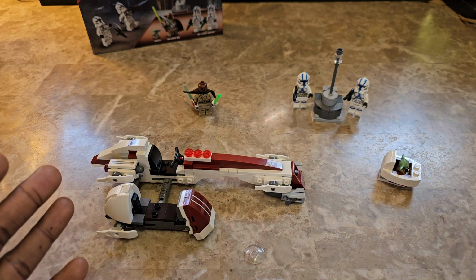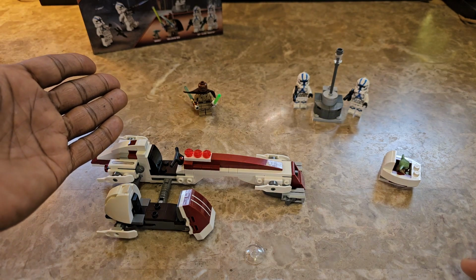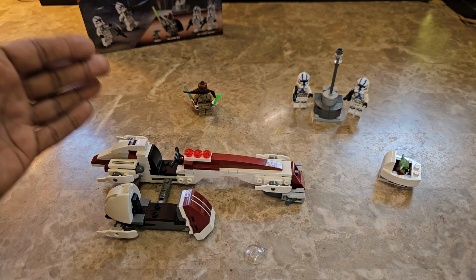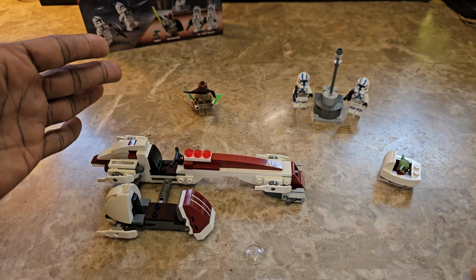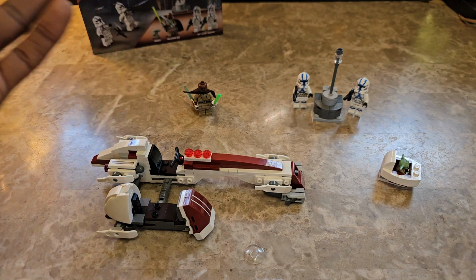even though obviously it's not an army builder set. You're going to buy this once because it'd be too repetitive to have Kelleran Beq so many times, over and over again, unless, and this is just a side thought, unless somebody bought it to represent this kind of generic Jedi body, like in robes, and you just change his head. And if you had a bunch of other different Lego heads you could throw on them, you could just change them up,